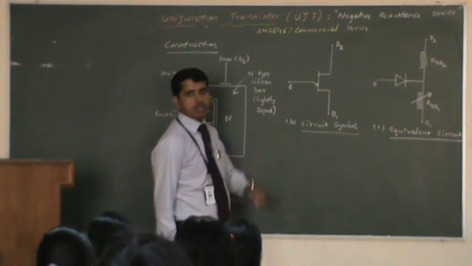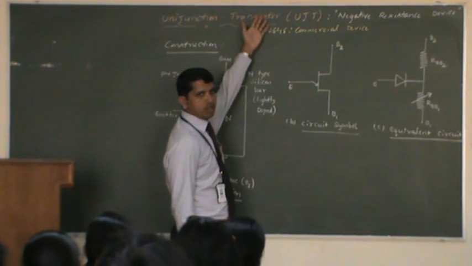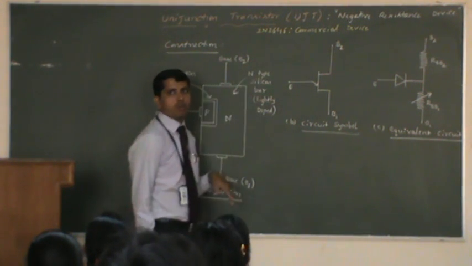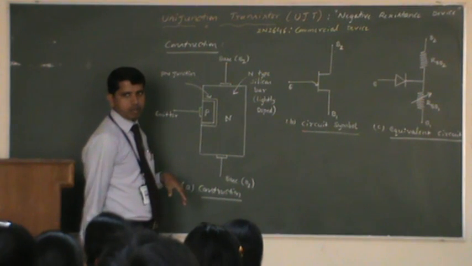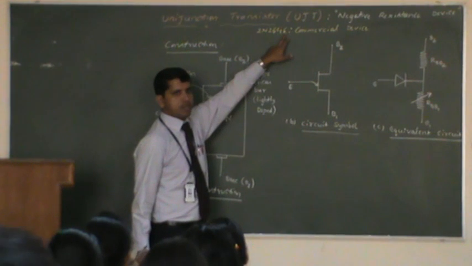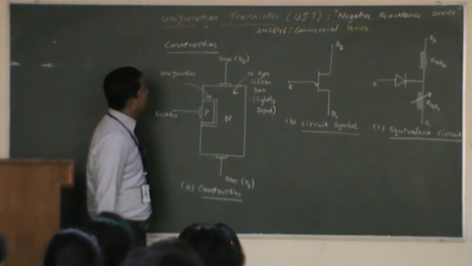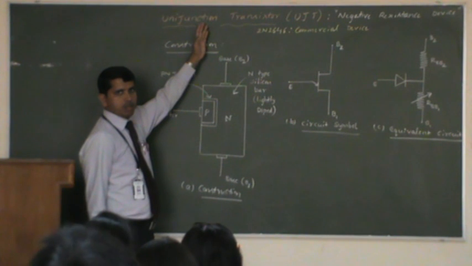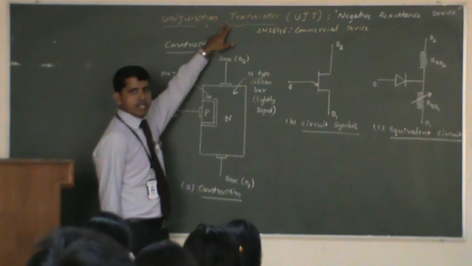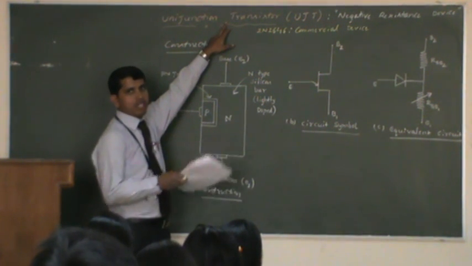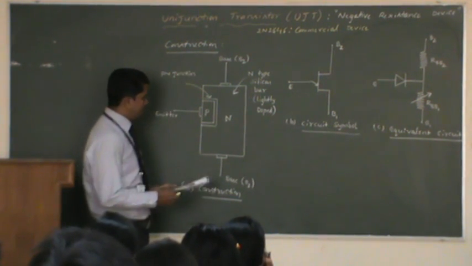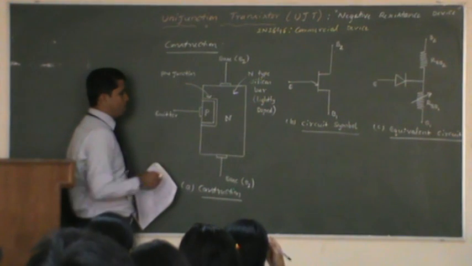If you want to purchase this UJT, many people don't know the UJT, so conventionally this number has been given. Like in a diode we have the 1N4007 in a package, similar to that in UJT we have 2N2646, which is commercially available. This is a current control device. We have different kinds of voltage control devices, but here the UJT controls the current flow through the two terminals. Before going to the characteristics of UJT, let's look at the construction. How to construct this UJT?